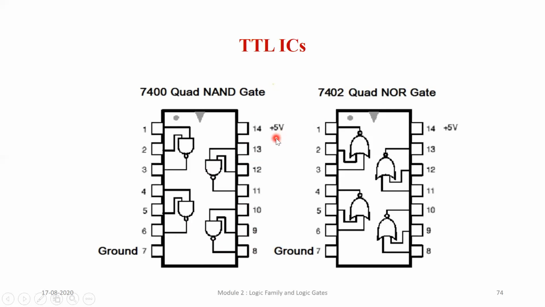5 volt. So for TTL logic, I have to give a power supply to this IC, then only the transistor will work, no? So that voltage is plus 5, fixed plus 5 volt. I cannot give more voltage, otherwise this IC will burn. And 5 volt is essential for the transistor to work in the active region. Biasing is needed, otherwise it will not work. So this 5 volt is acting as a biasing to all the BJTs that are present. And in one IC, we have 4 NAND gates.